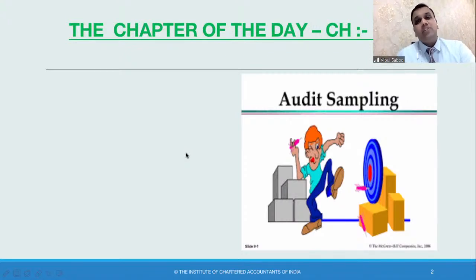So before we start with the chapter, have you ever wondered when you go for the blood test, why does the lab person just get 2, 3, 5, 10 milliliters of the blood? Why not get the whole blood to check what are the deficiencies, what is the problem, what are the infections? We always talk about we had given a blood sample and let's see what the report states. That is what sampling is.